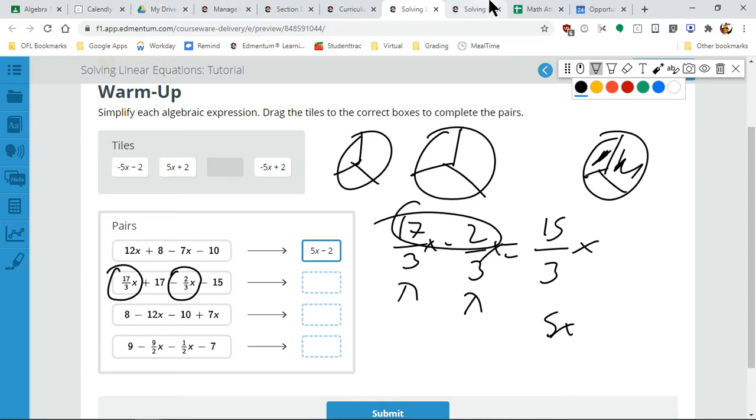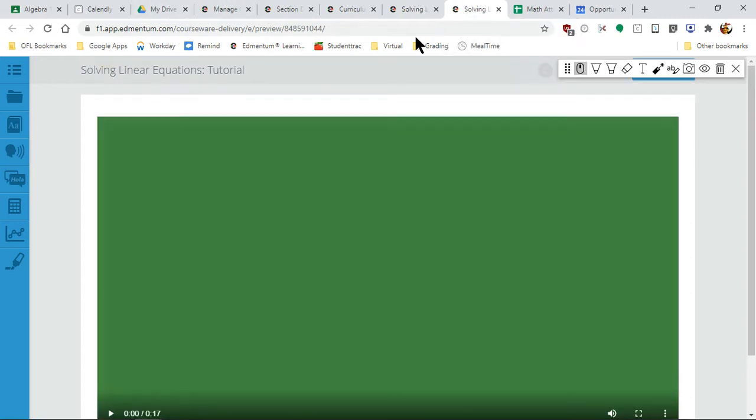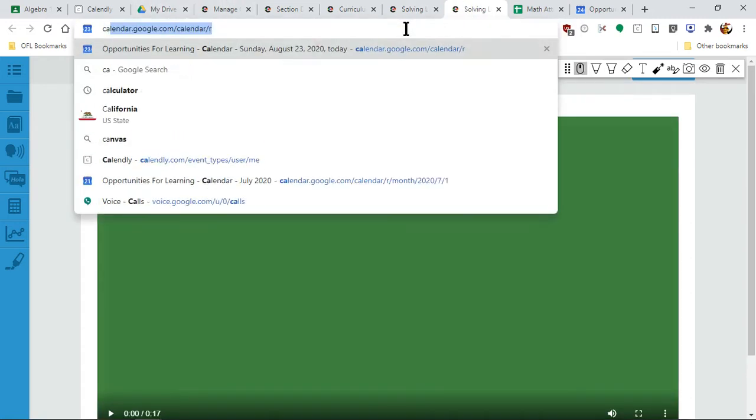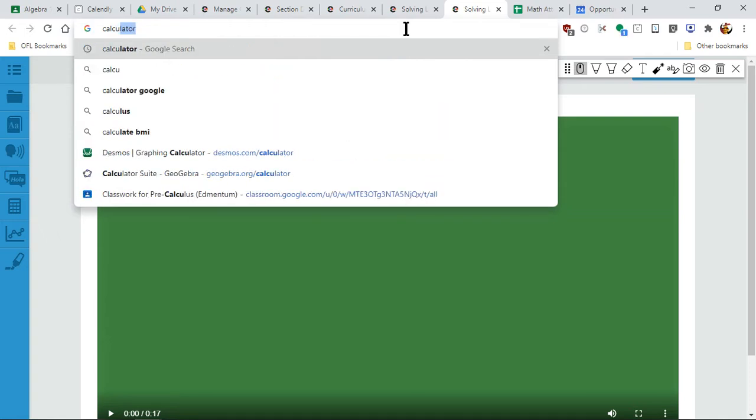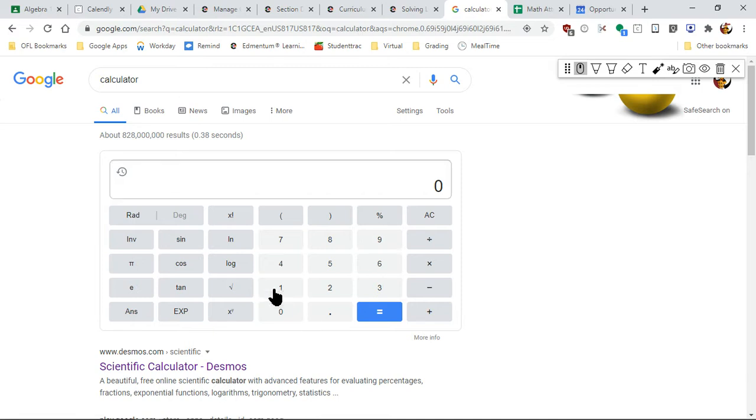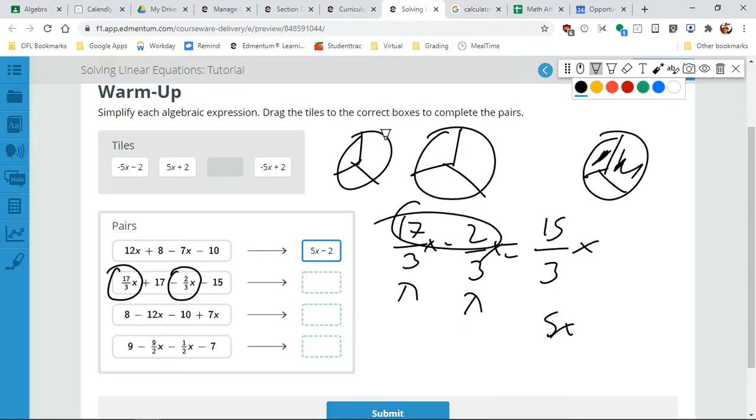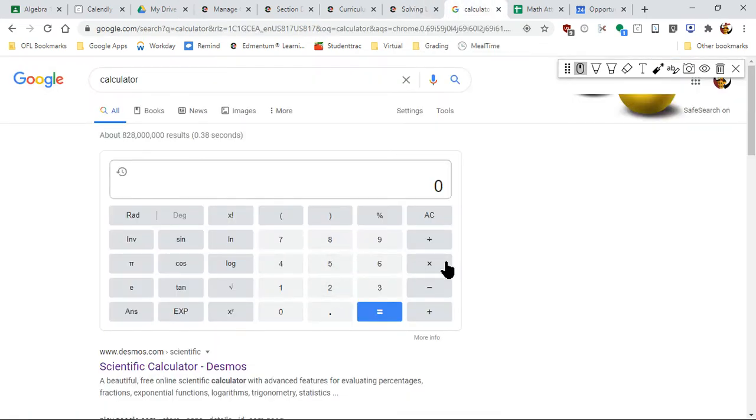15 divided by 3, that's 5. If you don't believe me, or if you're doing this on your own and you need help, I actually recommend the Google calculator. If you don't have a calculator at home, the Google calculator has quite a bit of stuff. I think I even use the Google calculator for the pre-calculus class I teach. It has everything, so it's a pretty useful calculator, and you can do a bunch of steps in it. Let's say you want to do